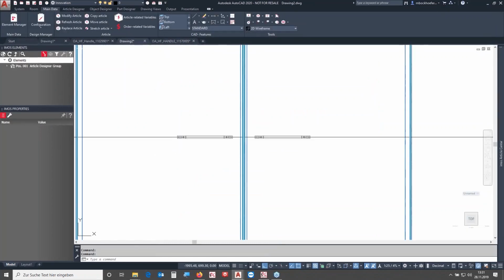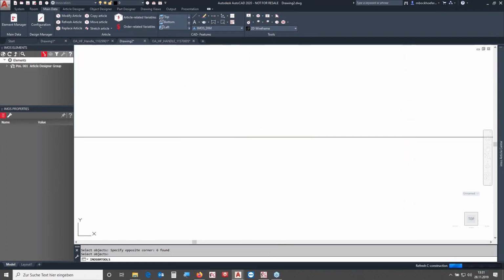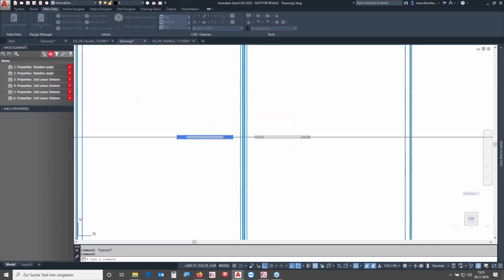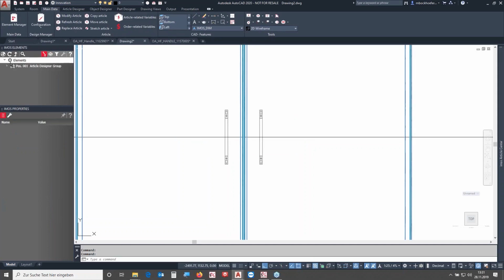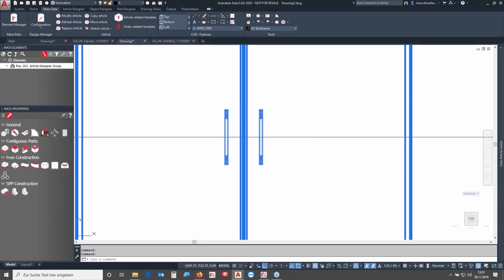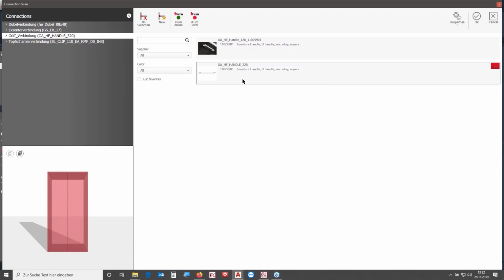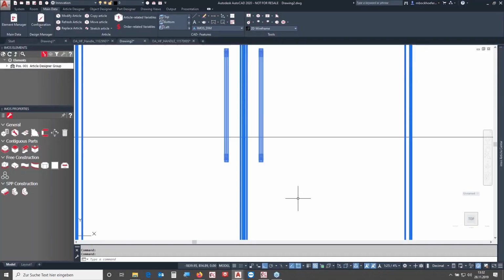So I go back to my article. I refresh my article, and then I will do a connection scan. Actually, I will delete the modifiers that I used here. So now my handles are back in the vertical position, and then we can do a connection scan to see what the connection scan offers us. So here I have my handle connection. You see both of the handles, 128 and 320. So if I choose this one,